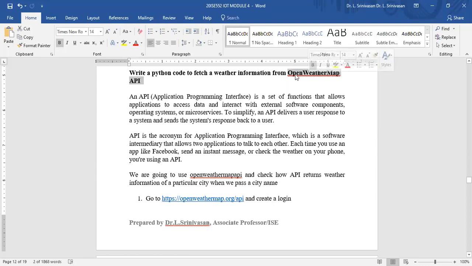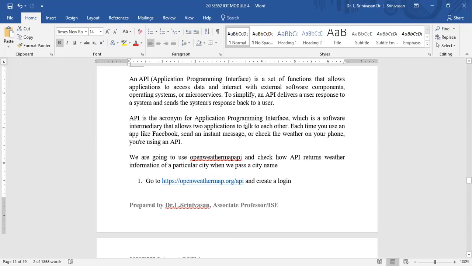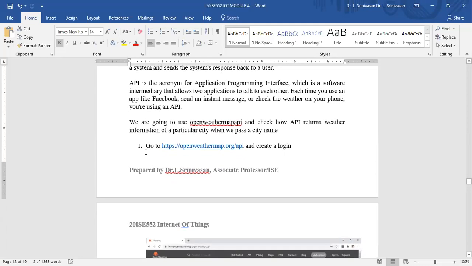I repeat, Open Weather API is a website, or the API, which contains time intervals of temperature information and other weather-related information. It gets updated often. Now, how do we access this using your Python program? It's very easy. I've asked this for your fourth module also. So the first step is you have to create a login into this website or this API.